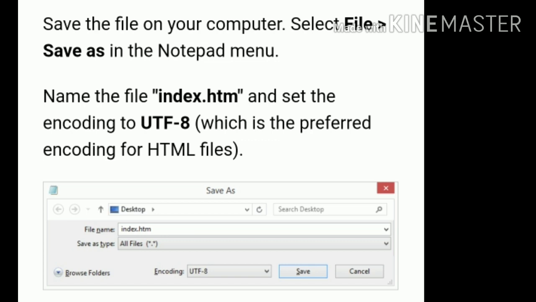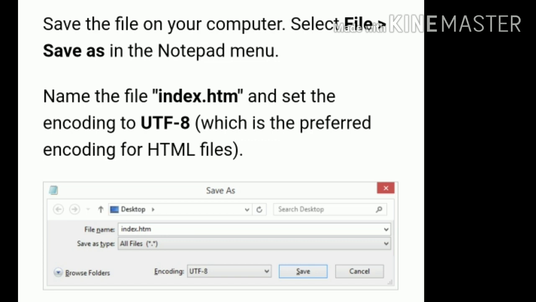For the encoding, you can write UTF-8. The program file is saved in all files on the desktop. You can give the location, generally in priority the desktop, otherwise the C drive on top. It depends upon the location.